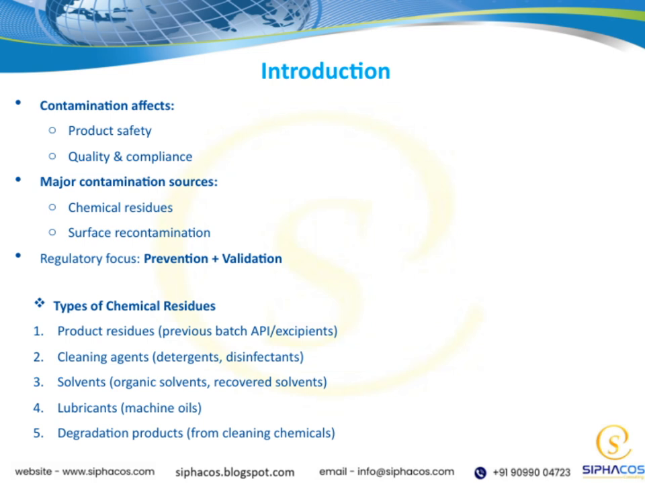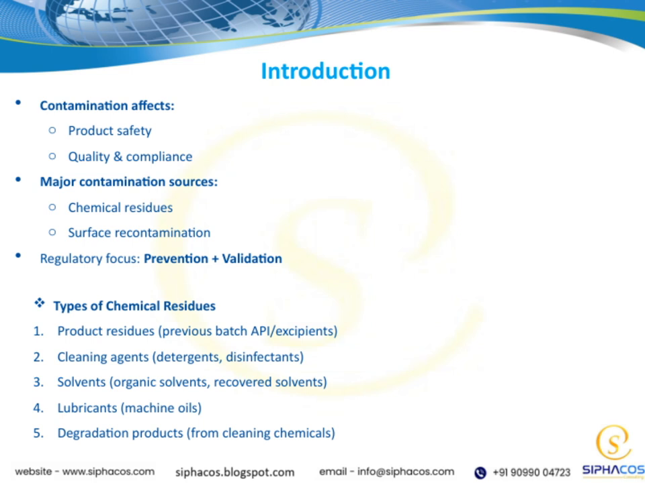Next, we have cleaning agents like detergents and disinfectants, which are essential for sanitation, but can leave behind traces if not thoroughly rinsed. Solvents also play a role. They can be organic solvents used during manufacturing or recovered solvents that haven't been fully removed. Lubricants, such as machine oils, are another source, often used to keep equipment running smoothly but potentially contaminating products if residues remain. Lastly, we need to be aware of degradation products, which can form from cleaning chemicals themselves, adding another